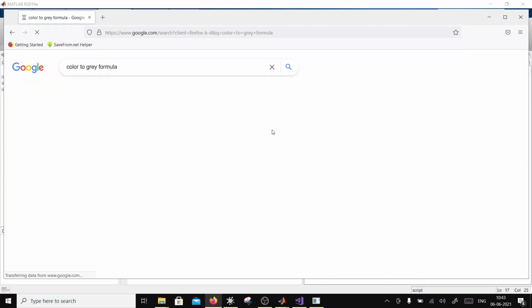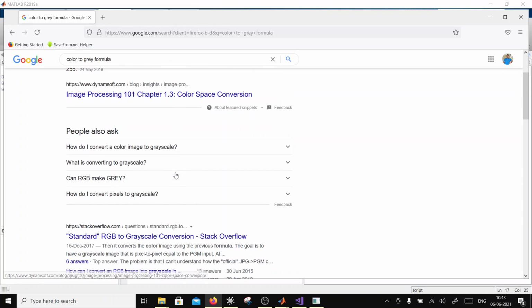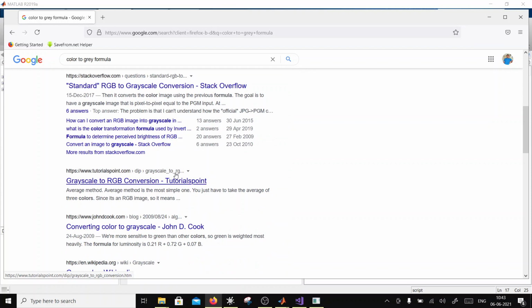it is not just the average of the 3 pixels. This is what our eyes accept: what proportion, how sensitive it is to the red, how sensitive it is to the green, and how sensitive it is to the blue. So there's a weighted sum here, and the sum of these values is going to be 1, right?